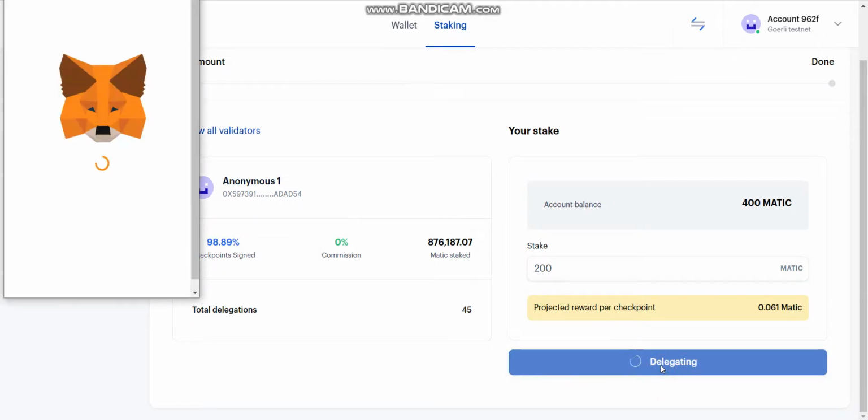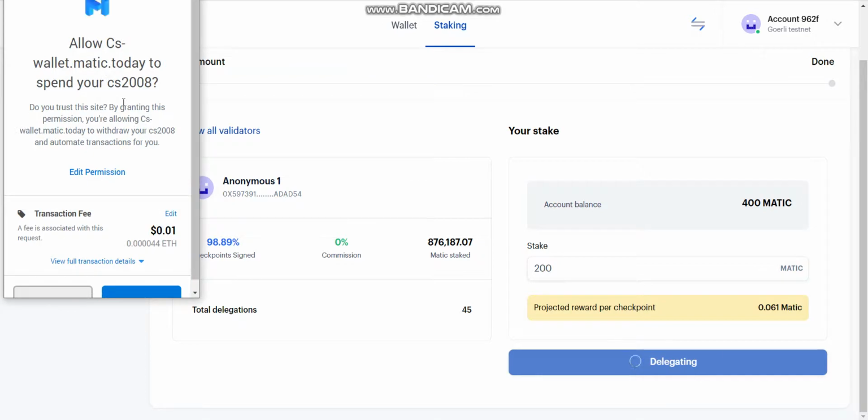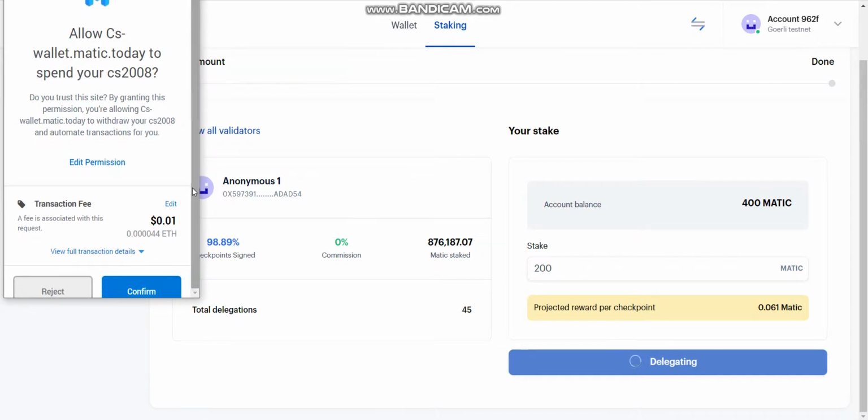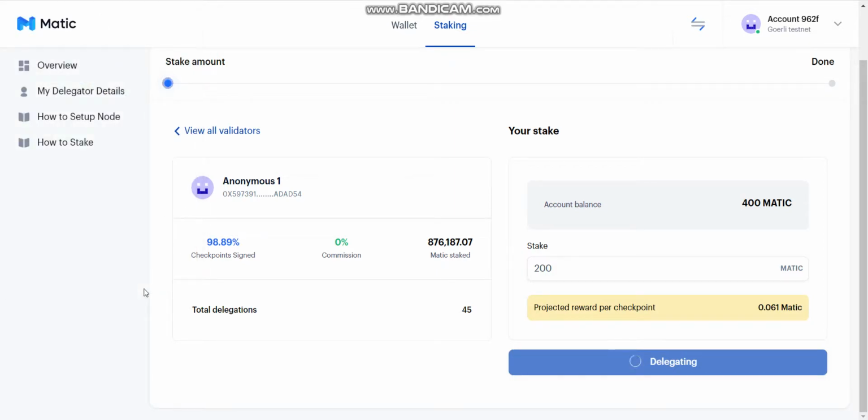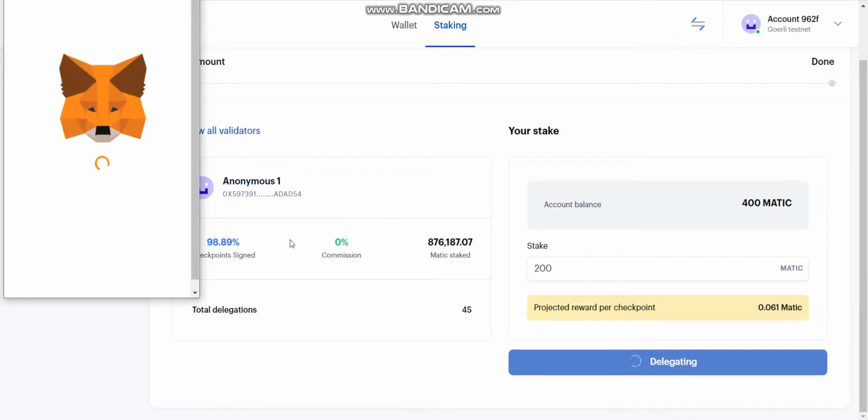Delegating now. A MetaMask notification will show here. You need to deposit some Ethereum for this transaction also, right? So this is the transaction fee. Now you need to click on confirm. It is buffering here, and again this is the notification you will get.